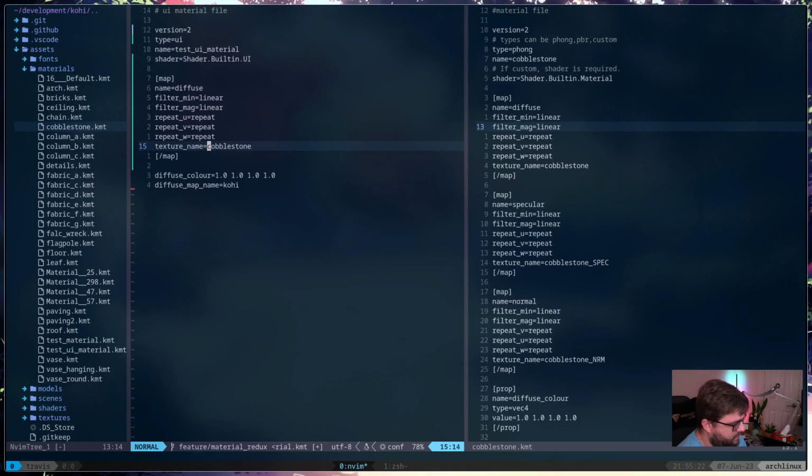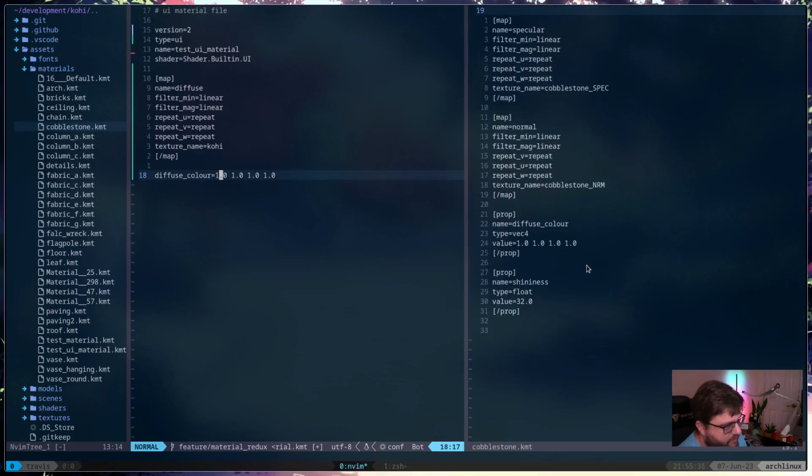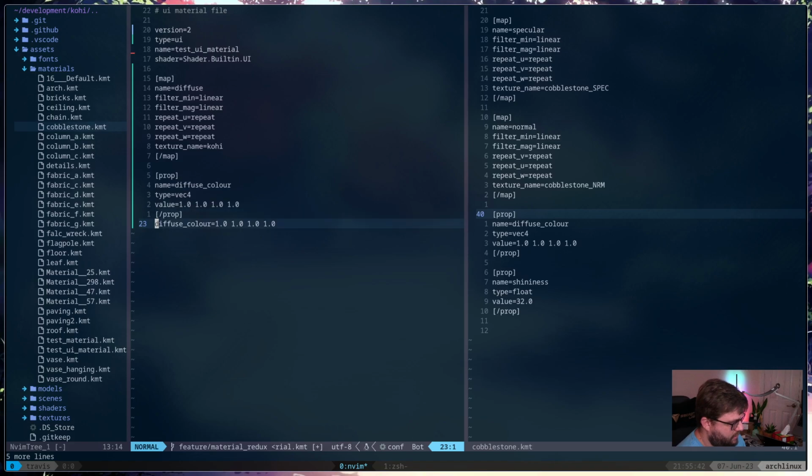This is going to be, what is it? Just Kohi, right? So that's that. And then we can also do this property. So I'll put that here, right? And that's diffuse color, and that's going to be white. So I can actually delete that. Okay. So now we have that file set.